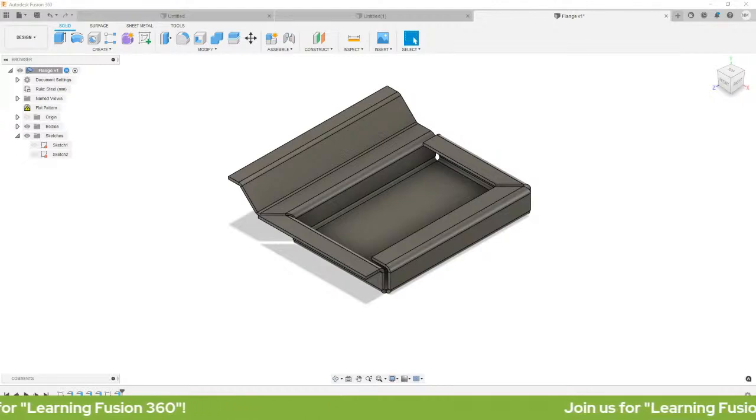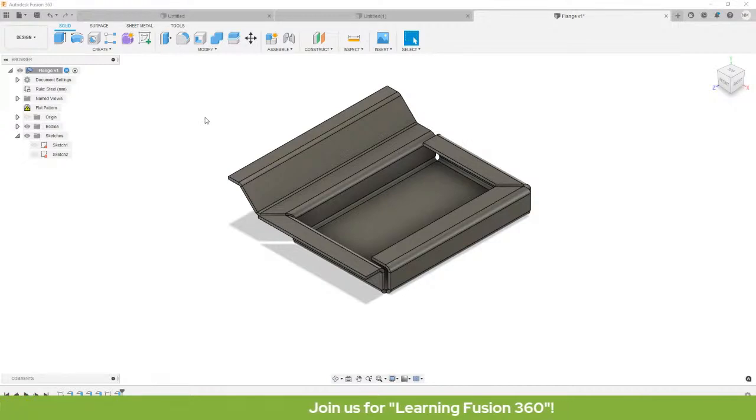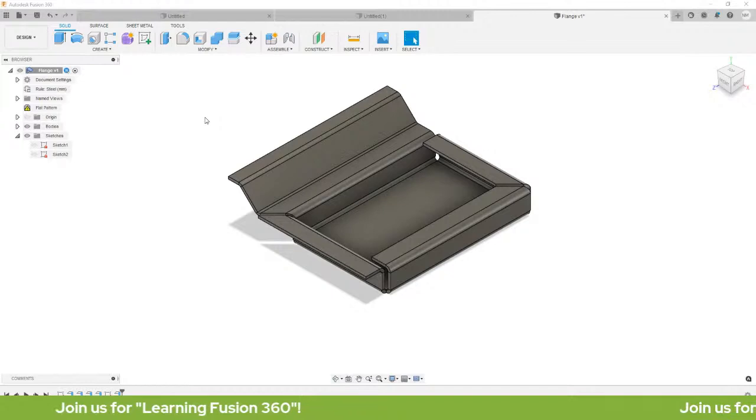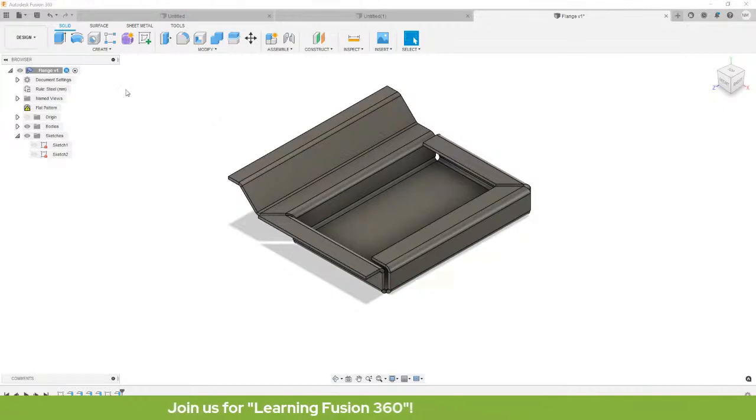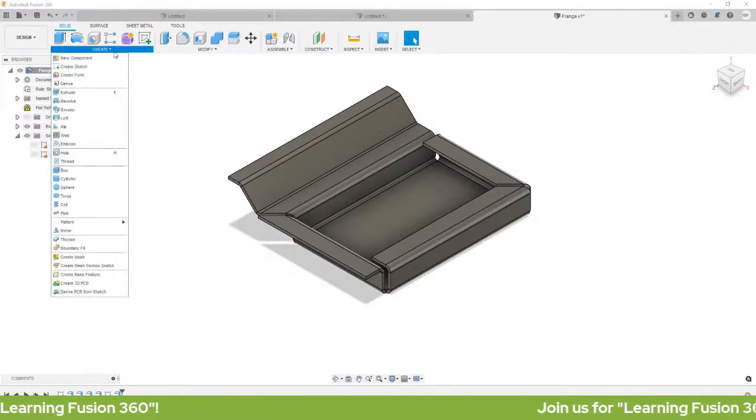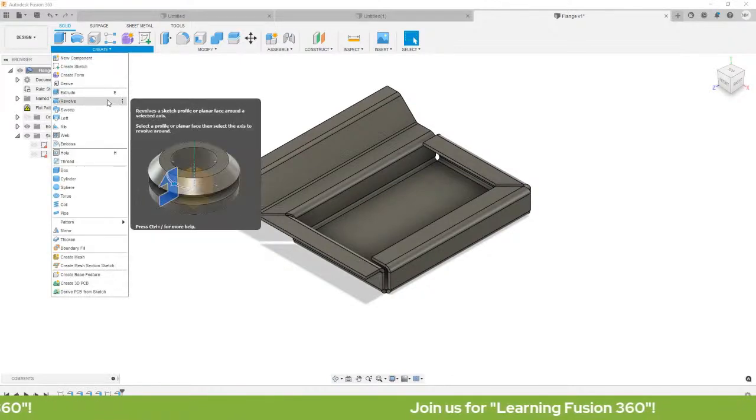Okay. In Fusion 360, you can customize your experience, no? So we use customization to increase speed and efficiency as you design. Okay? So if you want to modify your toolbar, for example, you want to pin the revolve, you can do that.